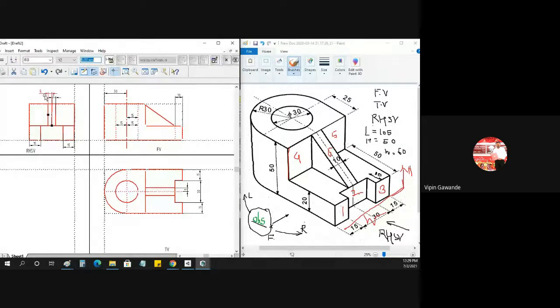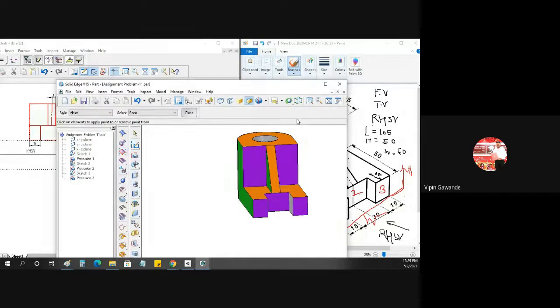I'm just removing the dimensions on the side. So the total dimension of the rib is 10 from the center line. From the center line of this one, the total width is 60, and you take the center of that one, 30. Then on both sides 5 mm and 5 mm. So we have drawn that one. Now what we have drawn? We have drawn the visible surfaces inside view.